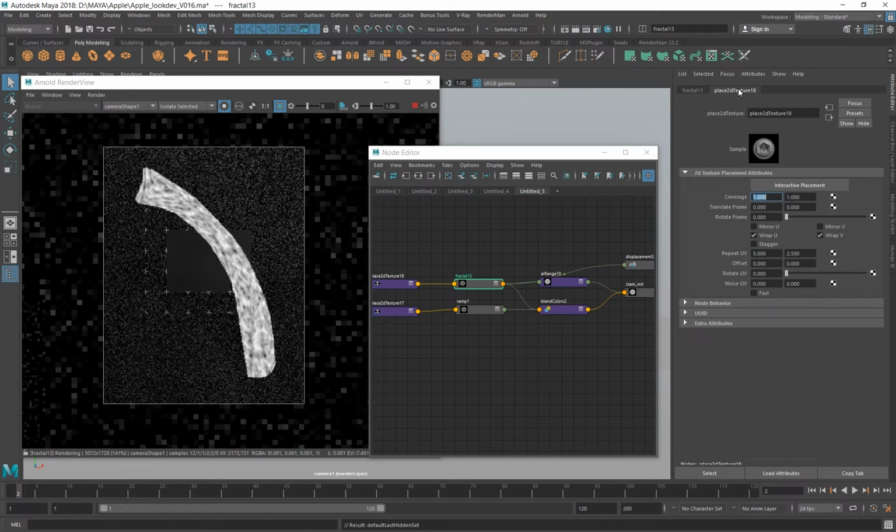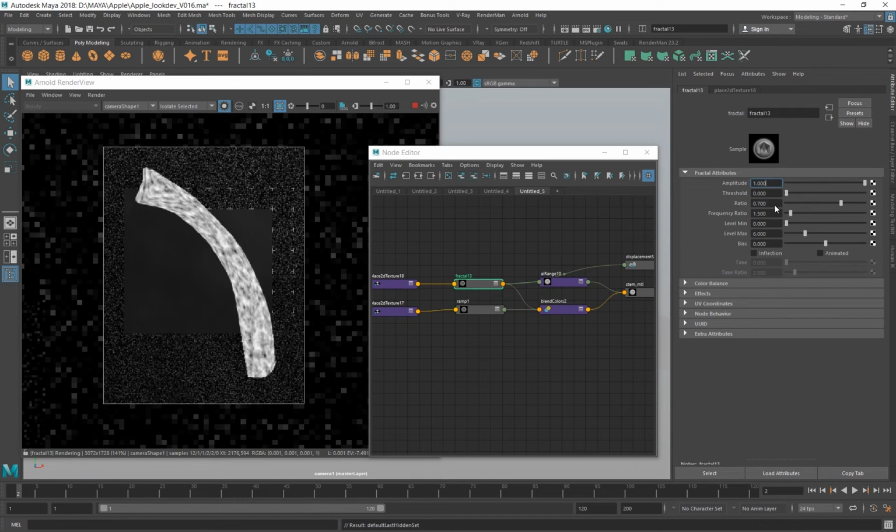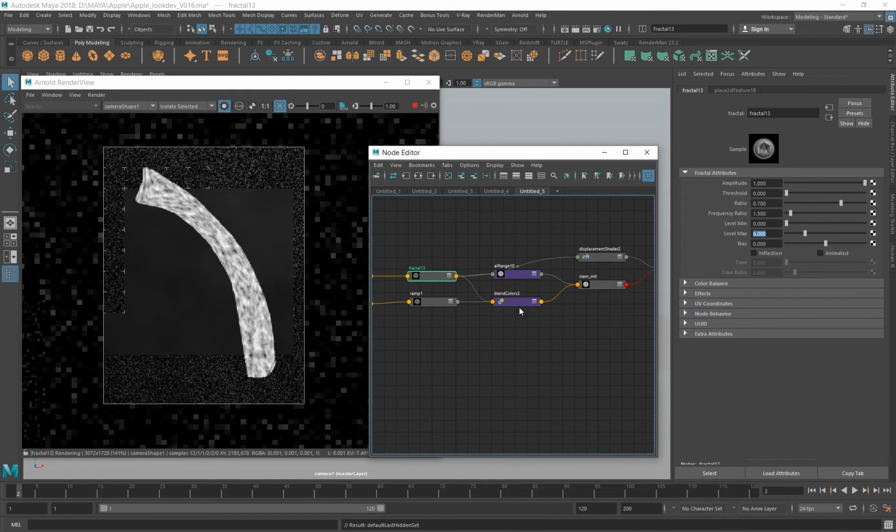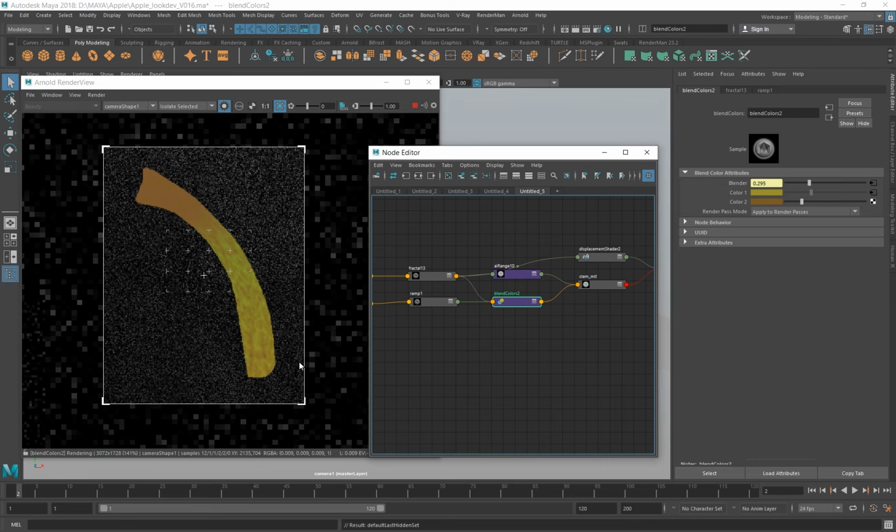In this fractal I have also changed the repeat UV so that I get this stretchiness along the length of the stem, and some tweaks on ratio and level max just to get the output, and that gives me this result.